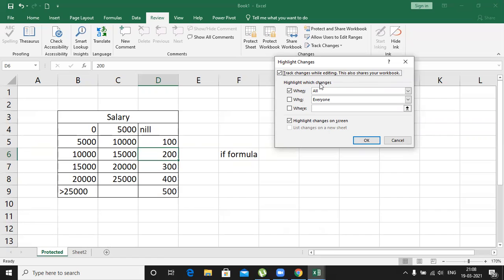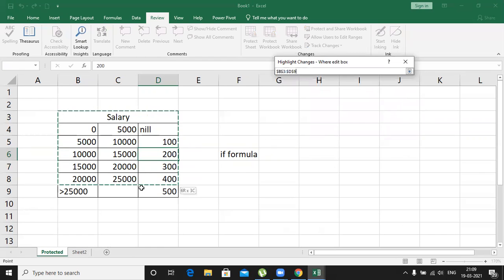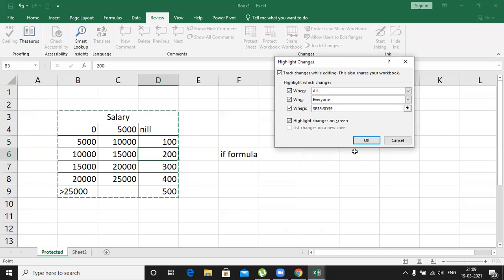All, I want all changes in my worksheet. Who means everyone, there is no exception, everybody is applicable. Where means the data area, so select the data area and click OK.